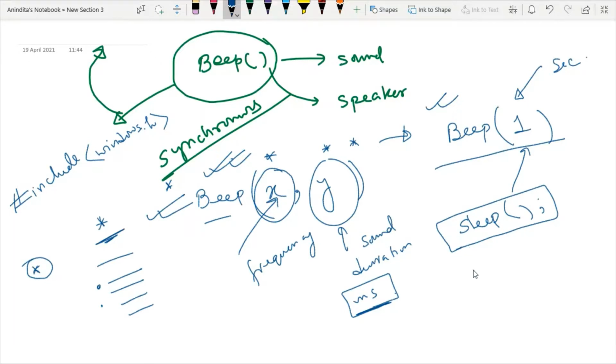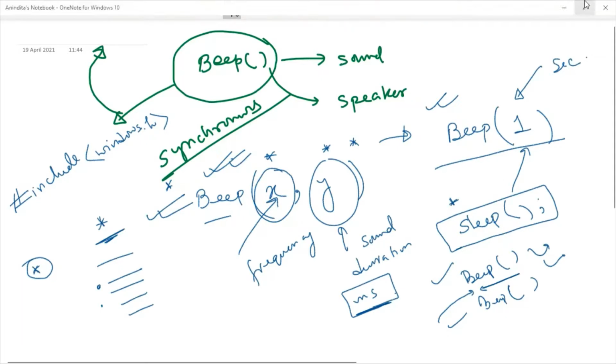So whenever you have two Beep functions consecutively, and you put one Sleep function in between, it will create a pause, so that you could create multiple different kinds of sound using this Beep function. I will show you each and every application of those functions, because using this Sleep function we can also create animation in C, which I will show you. So let's start with the Beep function first.